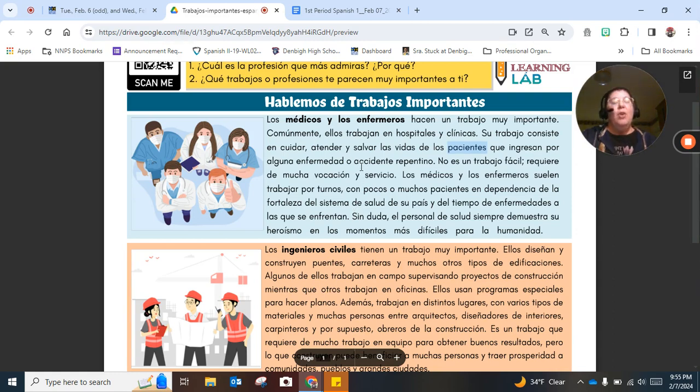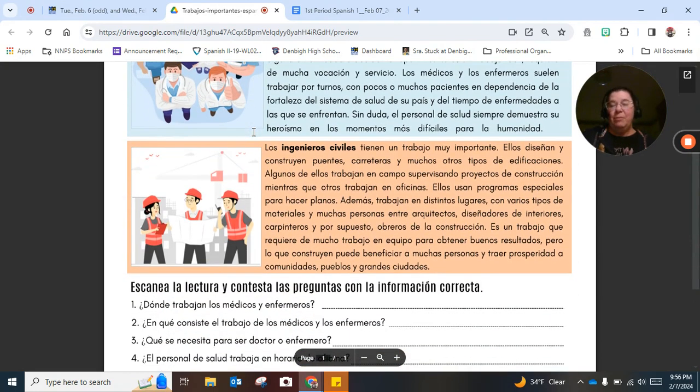Okay, now that you're back, one thing I forgot to say too, as I was making this video: we skimmed for the cognates, we looked at the pictures, and then we just scanned overall. So before we jump into this reading, let's scan overall. Pause the video, take a moment, and just scan overall to see what this is in general about.